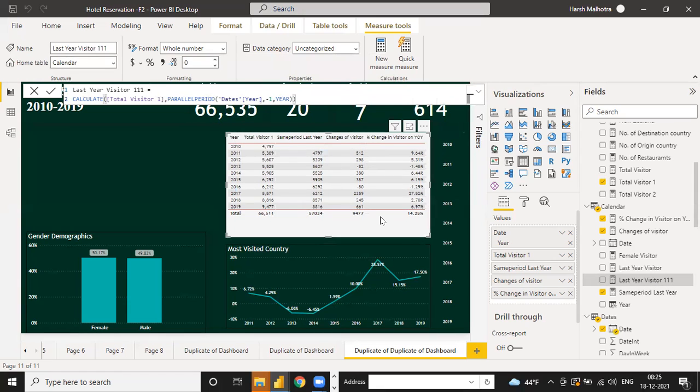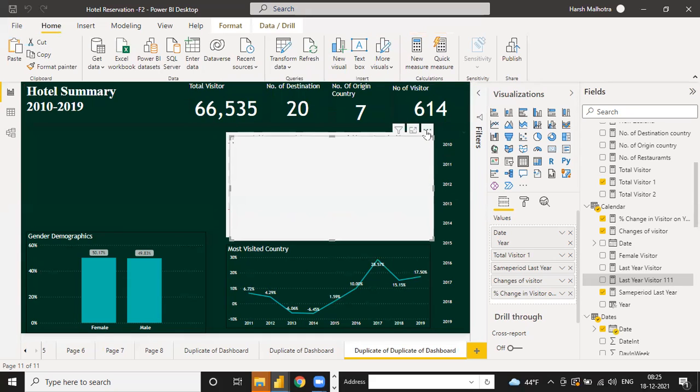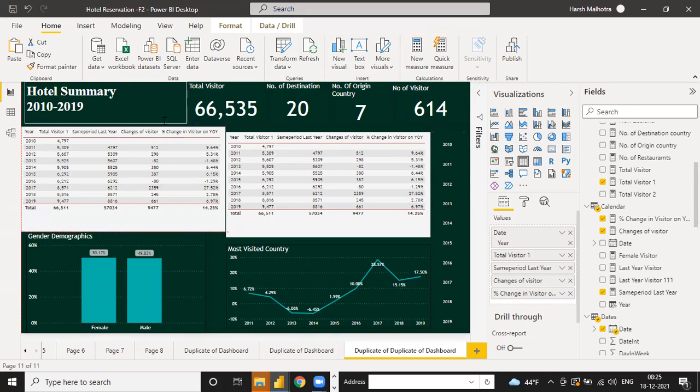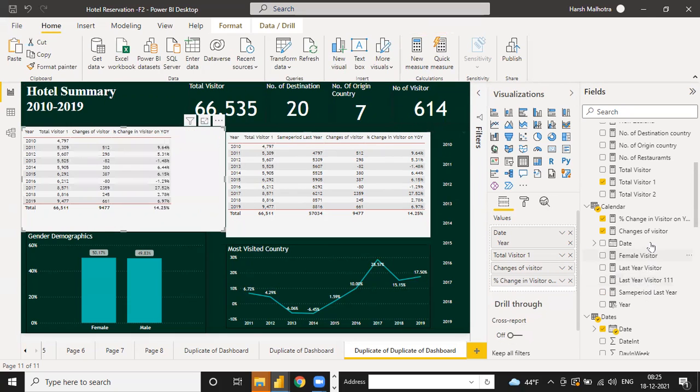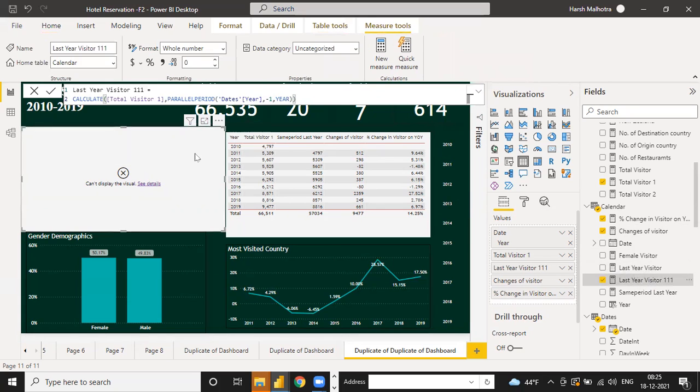If you select this table, just home, copy, and just paste. So instead of the same period, if I use this, where are the changes? This one. Why is it not showing now?